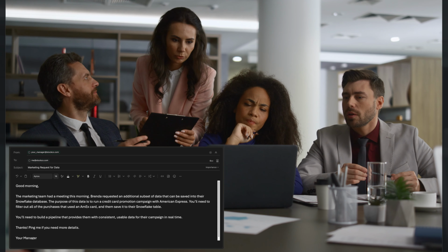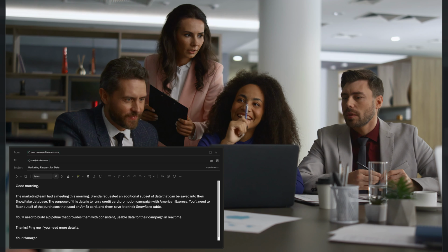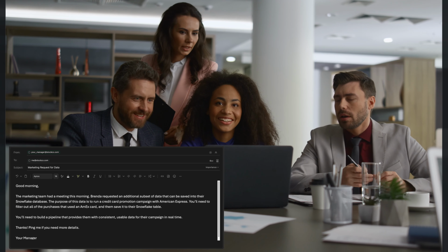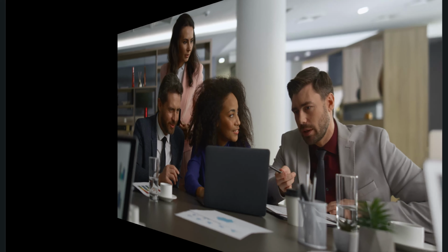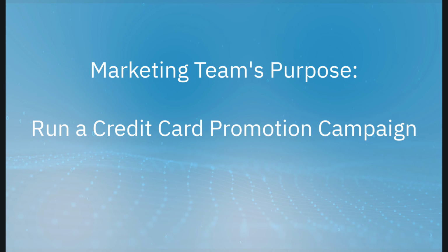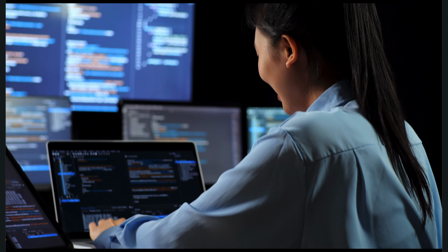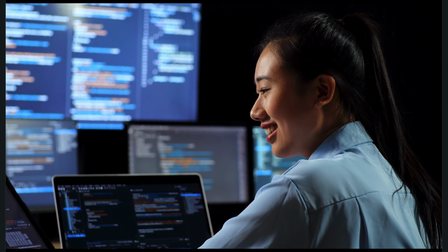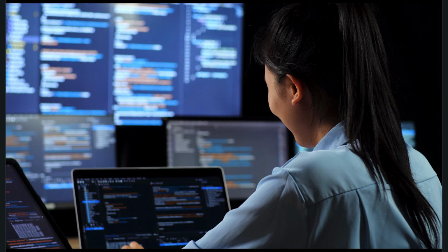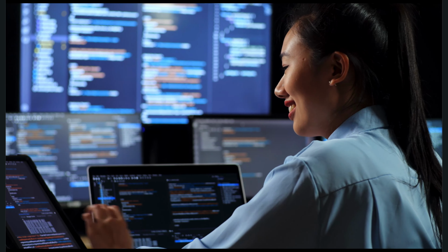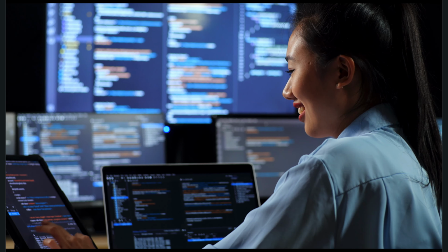Your manager let you know that in a meeting this morning, the marketing team requested an additional subset of data to be saved into their Snowflake database. The purpose of this data is to run a credit card promotion campaign. You'll be filtering out all purchases that used an American Express credit card and saving that data to the team's Snowflake table. The pipeline you'll build will provide the marketing team with consistent, usable data for their marketing partnership efforts